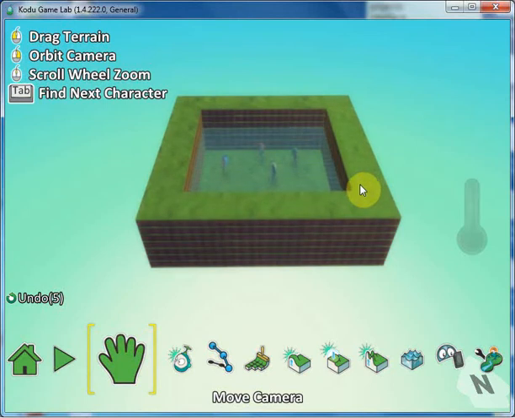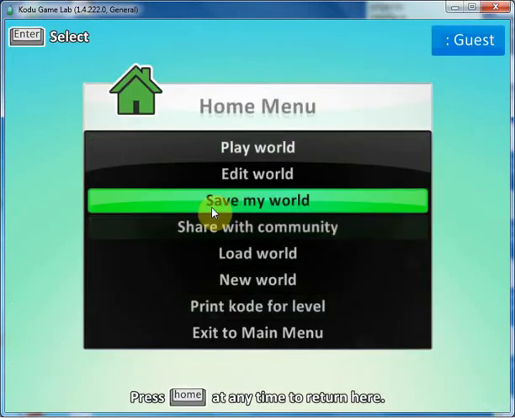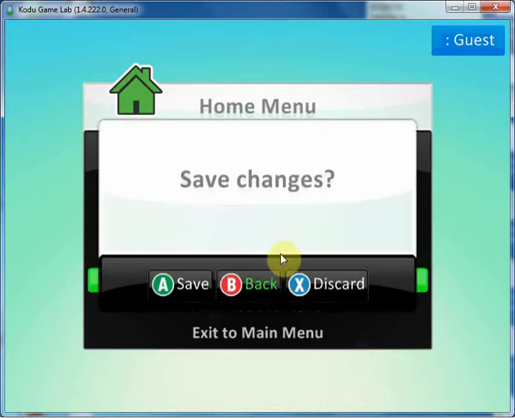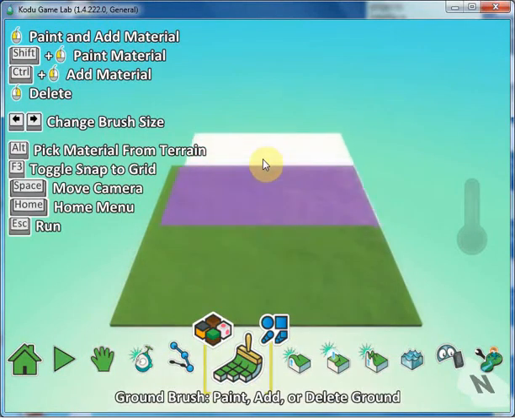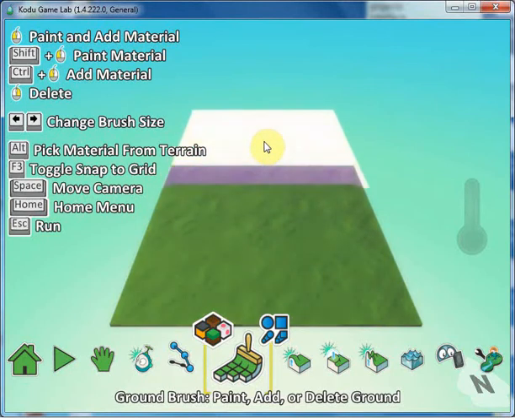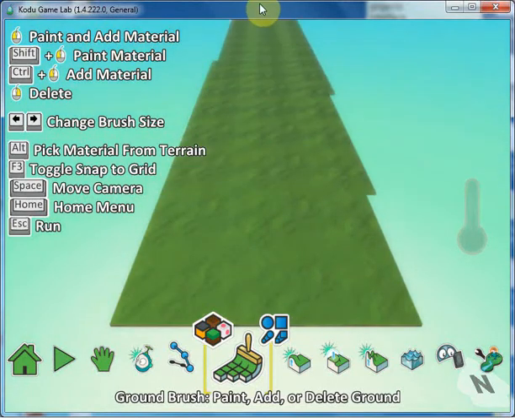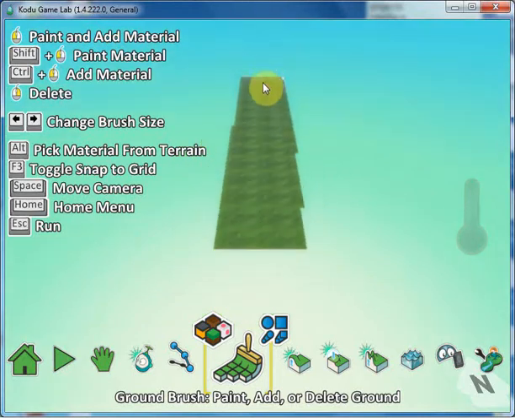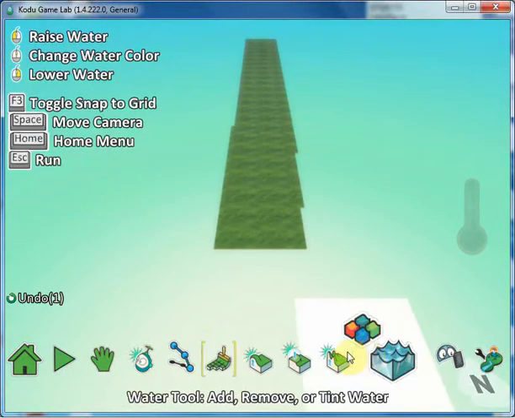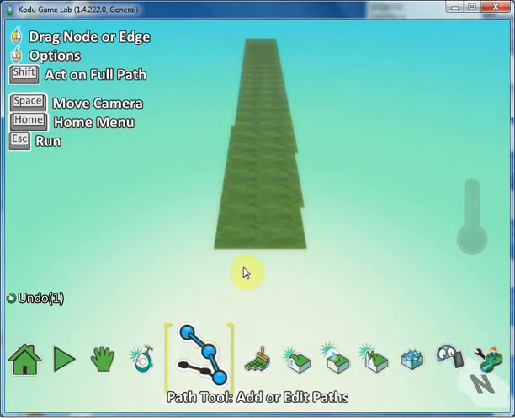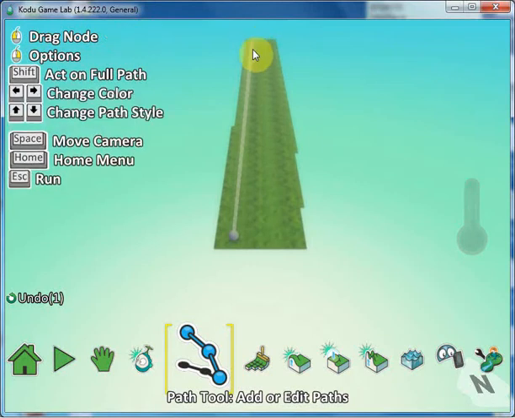Game number 2, which is the race, we're going to make another new world. In this case, we want to make the land longer, so with this tool, I will go and try to draw more or not, it's up to you by the end. Now, we want to put 2 paths, so I will go here and begin clicking here and at the end. And then right click